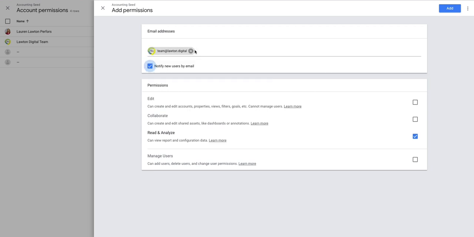Once you've entered the email address, then you can select what type of permissions you'd like them to have. First, there's Edit Permission. That allows them to edit the configuration and settings within your account. If you check the Edit button, that also allows them to collaborate and read and analyze, which are pretty basic